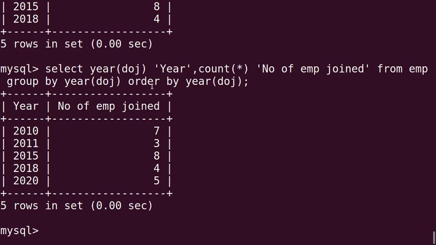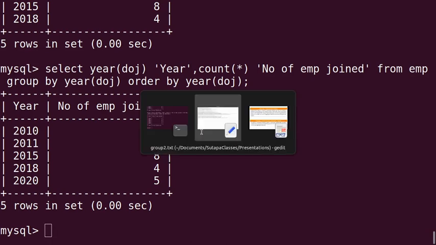As we are using this group by year(DOJ), 5 years are present in the table, so all the records will be divided into 5 groups and 5 lines of output you are going to get, and all the years are sorted in ascending order. You can see first 2010, then 11, then 15, then 18, and then 2020, right? Hope it is clear. Next query.